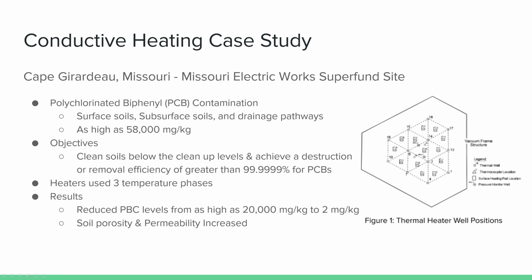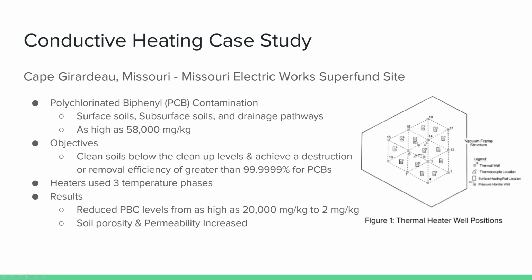Missouri Electric Works, Inc. operated on a 6.4-acre site from 1953 until 1992. They serviced, sold, and maintained electric motors, transformers, and transformer controls. In October of 1984, the site was inspected, and many 55-gallon drums of waste transformer oil were found. It was estimated that 28,000 gallons were released on site, which resulted in a high contamination level of 58,000 milligrams